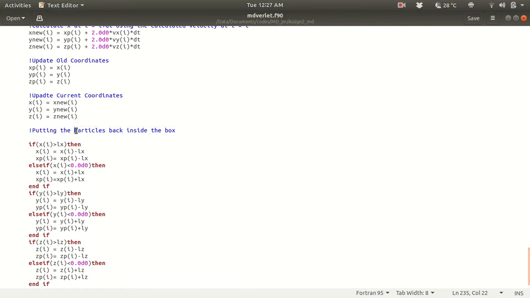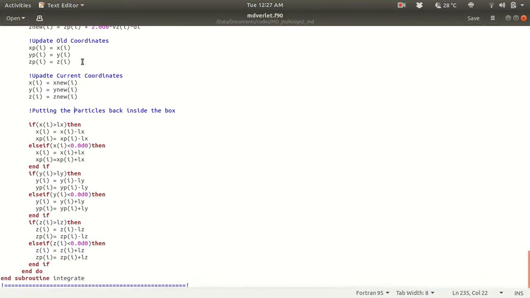Now while doing this, some of the particles will be outside the box, but we then have to apply the PBC, periodic boundary condition, so that they remain inside the box. So that is very useful. That is the most important job in this algorithm, because otherwise there will be no point in calculating these energies. So if xi is greater than lx, where lx is the box size along the x direction, if xi crosses lx, then xi is basically xi minus lx.